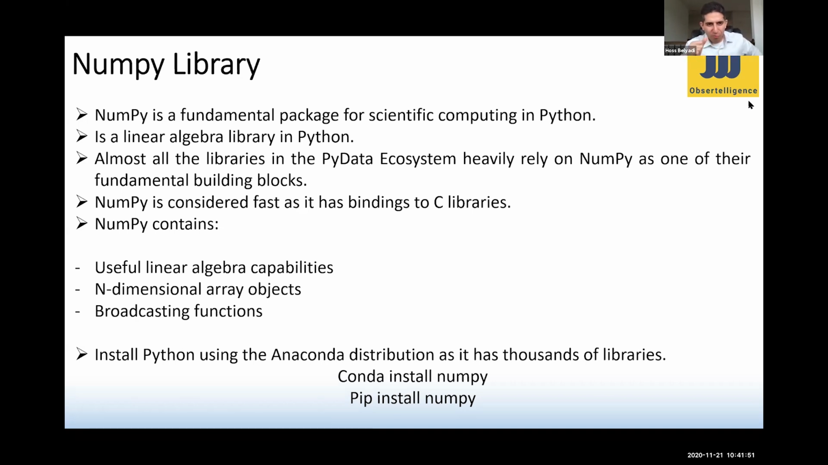Okay. So first off, what is NumPy? NumPy is a library in Python. It is one of the fundamental packages for scientific computing in Python. It's basically a linear algebra library in Python. A lot of these algorithms wouldn't exist without linear algebra. So NumPy allows the linear algebra to run in the background, and it's a fundamental package for scientific